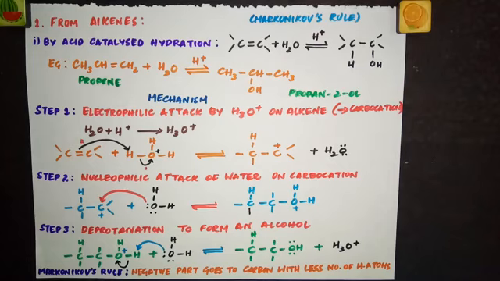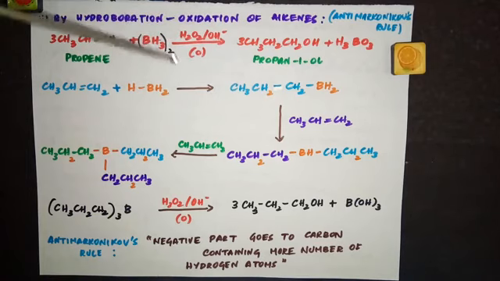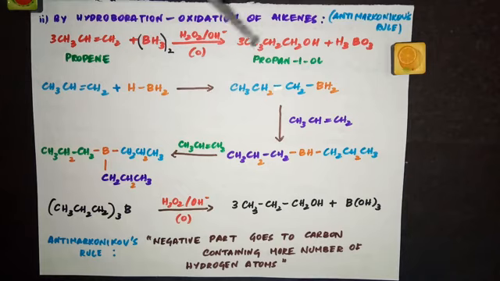So the next method of preparing alcohols from alkenes is by hydroboration oxidation. Let's take an alkene. I've taken propene here, treat it with diborane, and then with hydrogen peroxide in the presence of OH minus, where it undergoes oxidation and you get propan-1-ol. You've taken 3 propene and you're ending up with 3 propan-1-ol along with H3BO3, which is called boric acid. And remember one thing, in the previous equation we took propene but we end up with propan-2-ol.